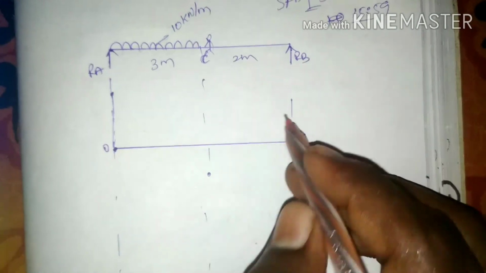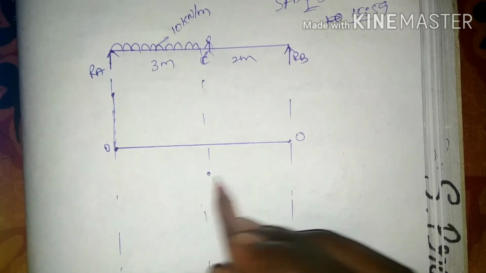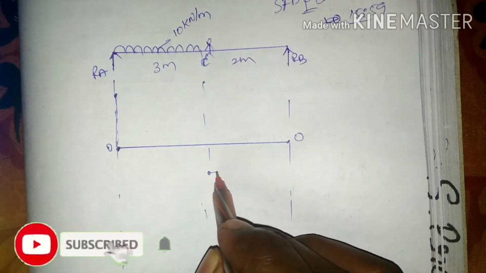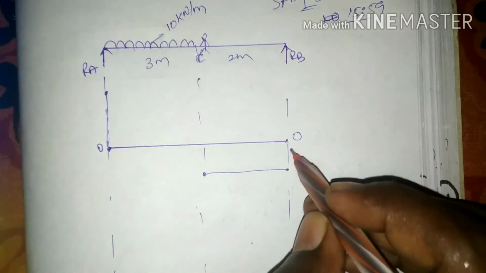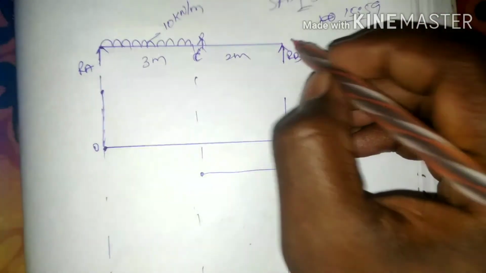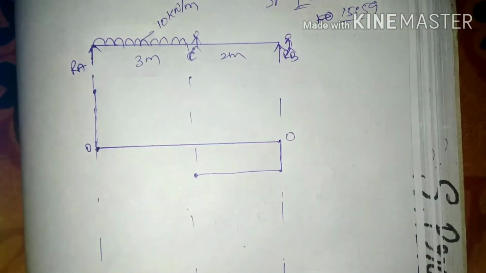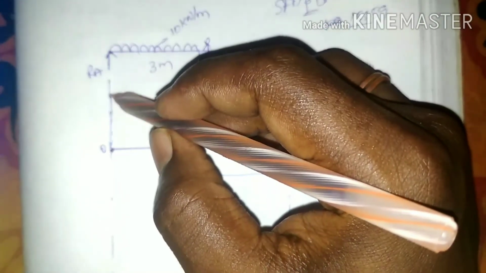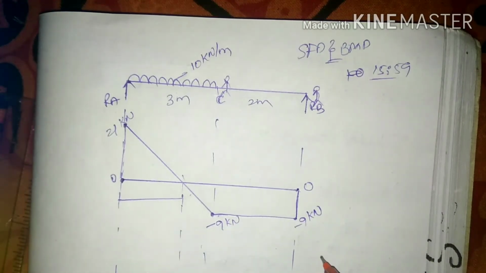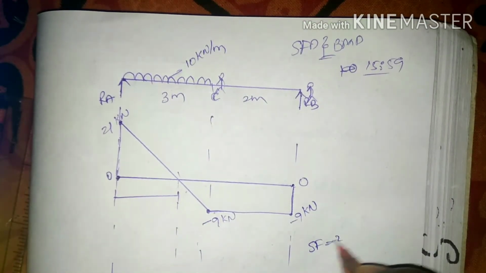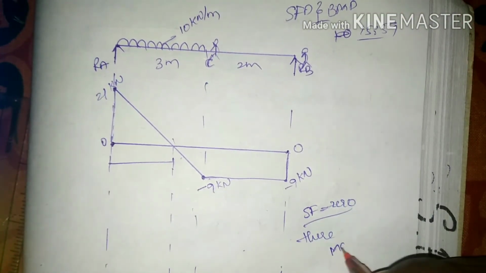That's going to be here. And from C to B there are no loads, so there is no difference in the shear force diagram, as it comes linear to the B left. And after the B right, I'm going to find that it is 0 on the reference line. Here from 21 to 9, we are getting an inclined line. Here we have a statement that when the shear force is 0, there we have the maximum bending moment.